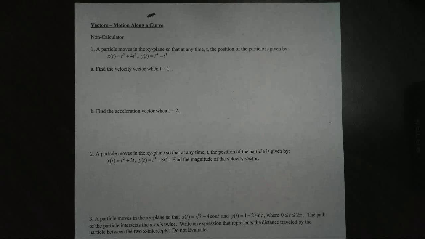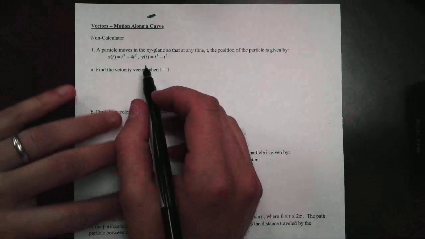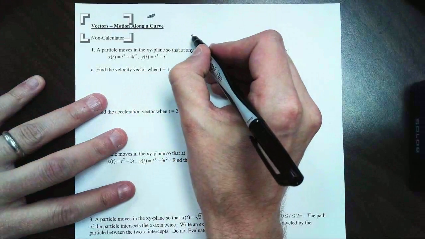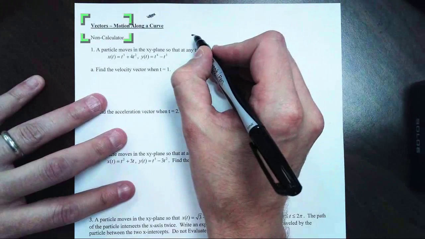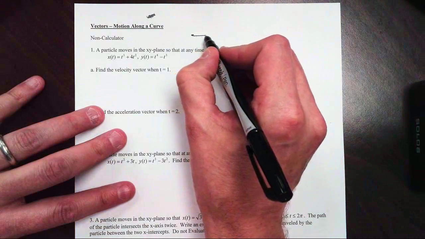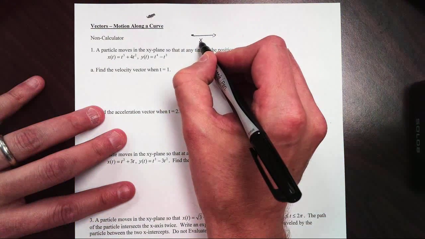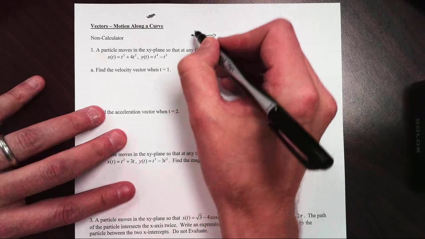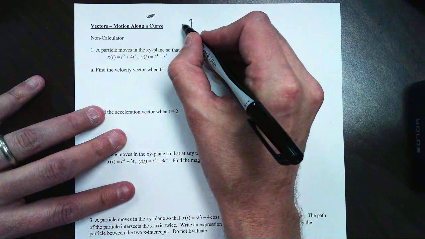So today we're going to look at what we call vectors along a curve. Now vectors are kind of neat because they describe the motion of a particle. What's really unique about vectors though is if you imagine we have a particle right here. What a vector does is it takes its horizontal component and makes it different from its vertical